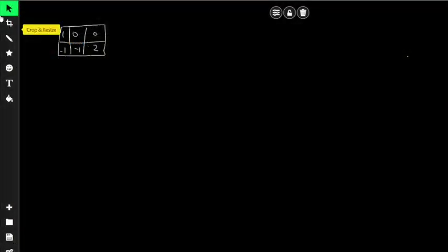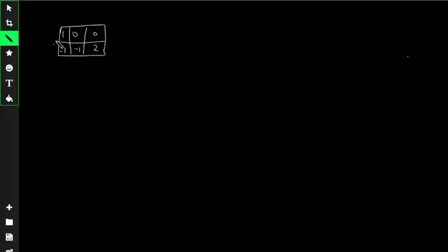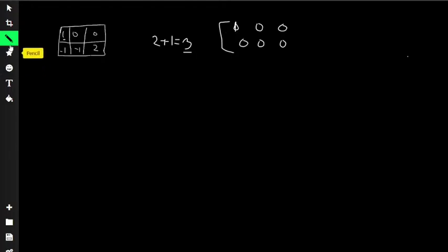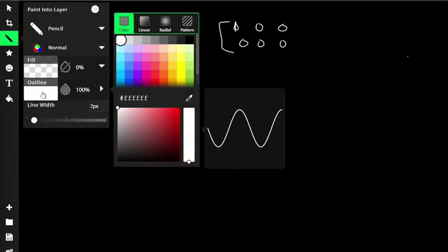Let's consider this example. Over here, the number of empty squares is 2, and if you add 1 to it, since the starting square is also considered one of the safe squares, we have a total of 3 safe squares. The visited array would look like this: all 0s, and since the robot is currently in this position, we make this one 1. Now let's see the recursion tree for this grid.